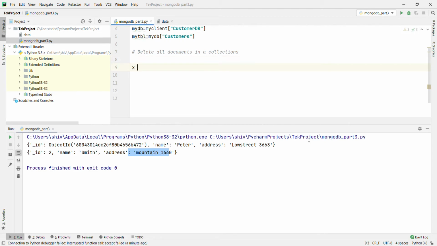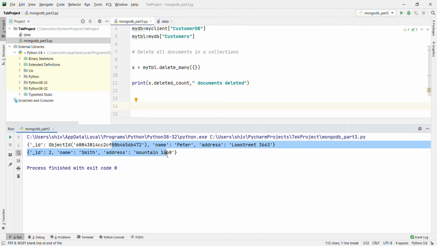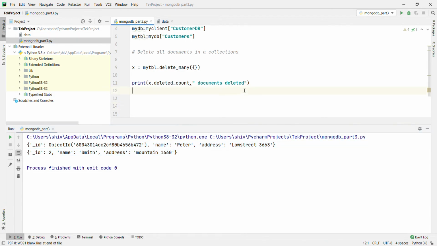For that, x equal to my table dot delete_many, and we pass the empty query object. After that, print x dot deleted_count, how many are deleted, followed by documents deleted. What will happen is the table is going to be empty, and the two records we see here are going to be deleted too. Okay, let's run and see.